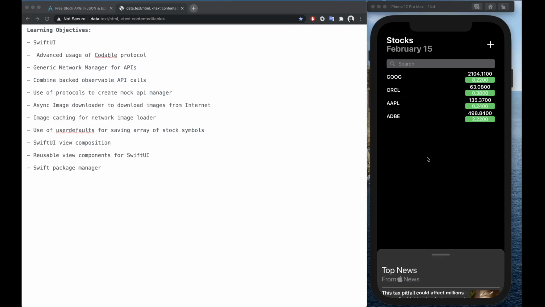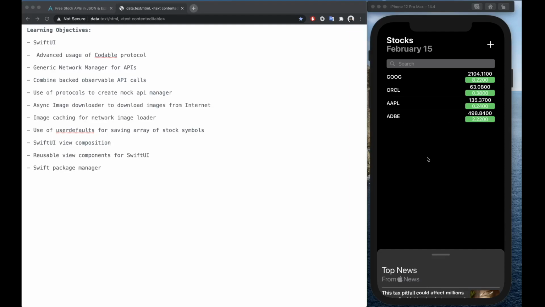So you're going to be learning how to create a generic network manager that responds to any API call that you require. And when your responses are received, you're going to create these Combine-backed observable API call managers that would observe for the changes.